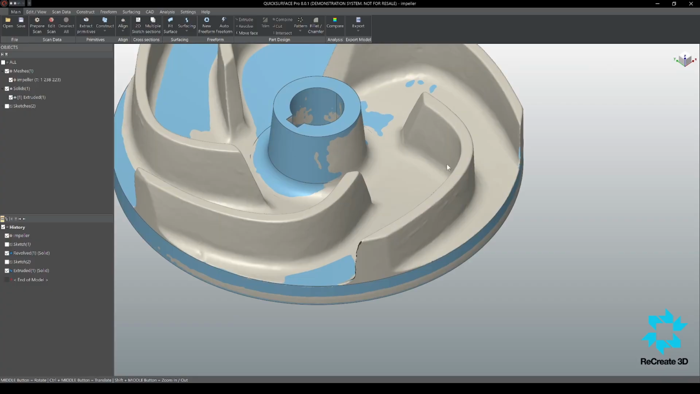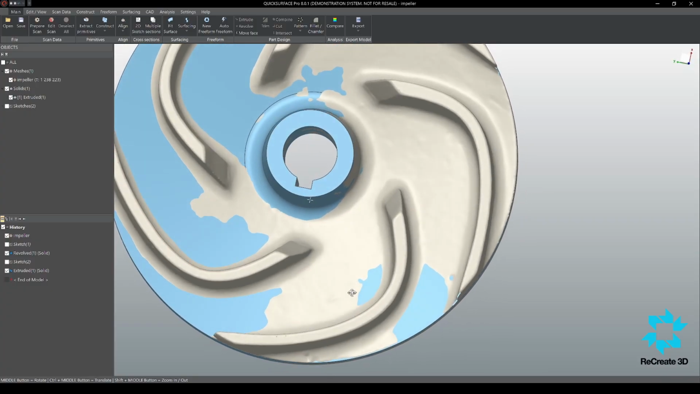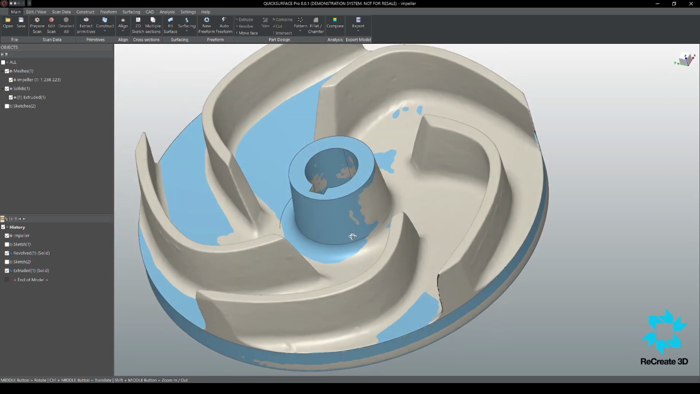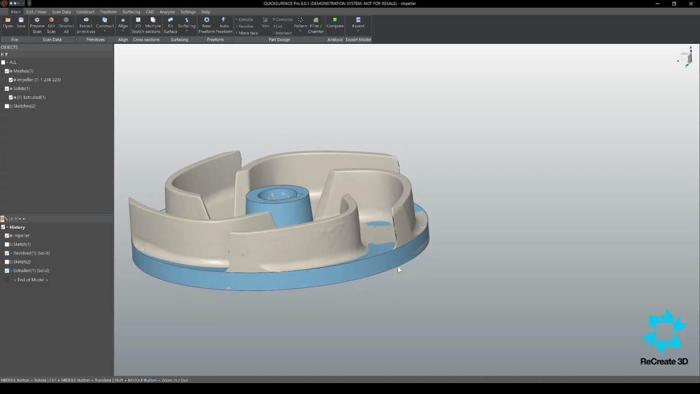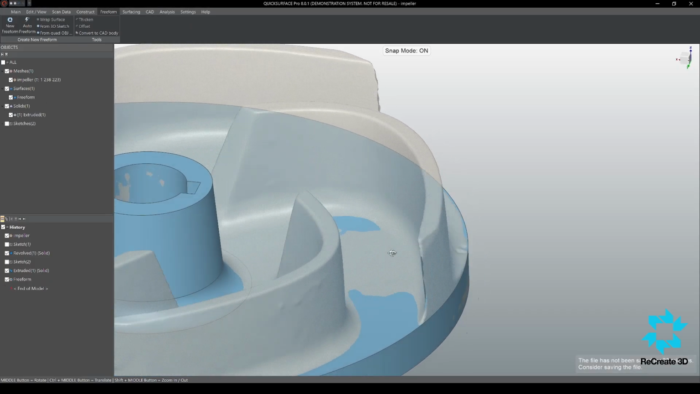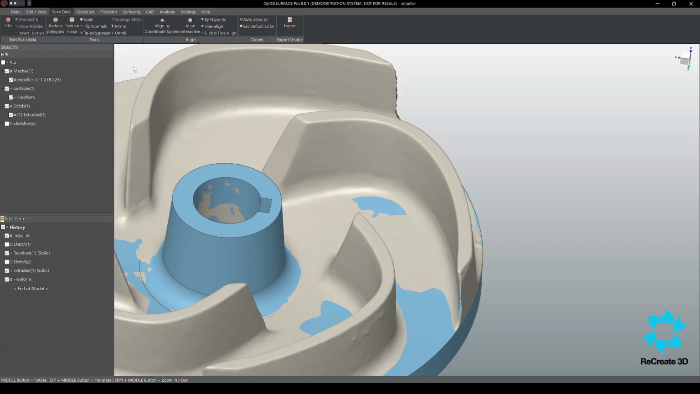What is remaining is the blade. We have multiple ways to do it. Looking at the blade, it has a different draft. So I'm going to use a feature in QuickSurface, which is freeform fitting. So new freeform. We can also simplify it a little bit. Scan data, edit,